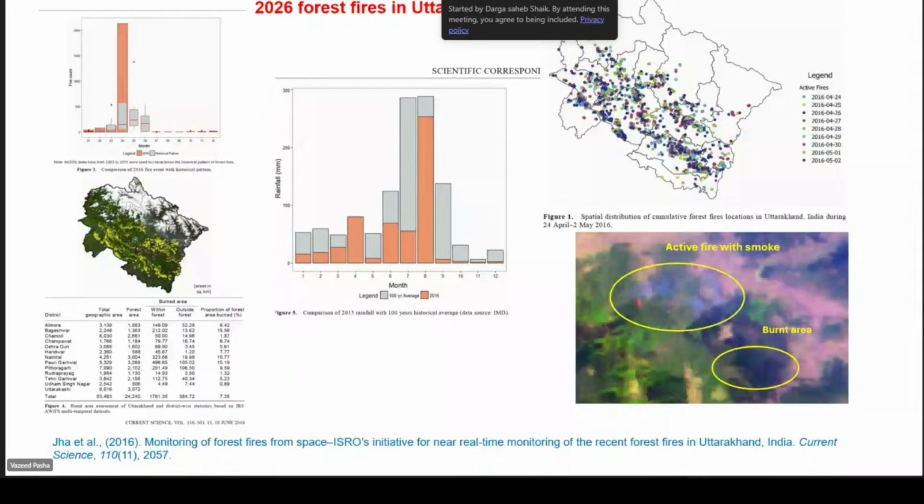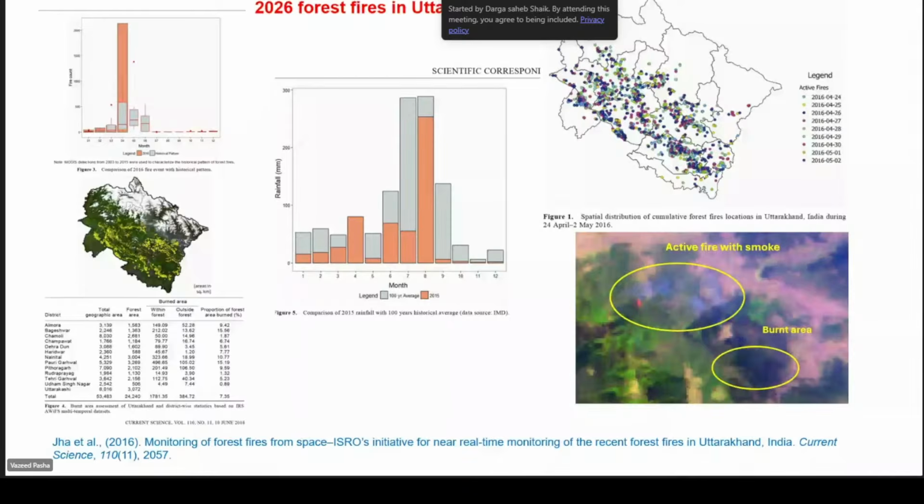We took the past 100 years average rainfall in mm, and compared it with the temperature. Now we found that in 2014-15 there was low rainfall. So very low rainfall and very high temperatures are linked, leading to devastating effects on the forests of Uttarakhand.